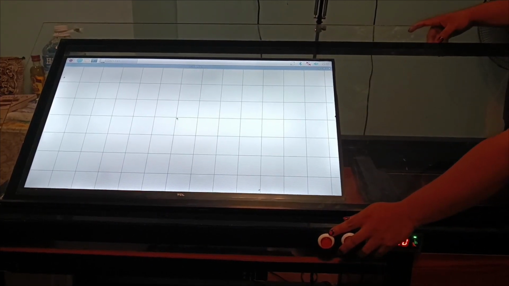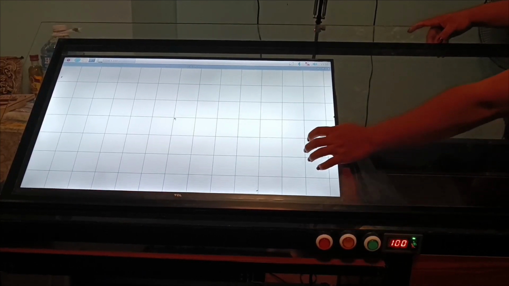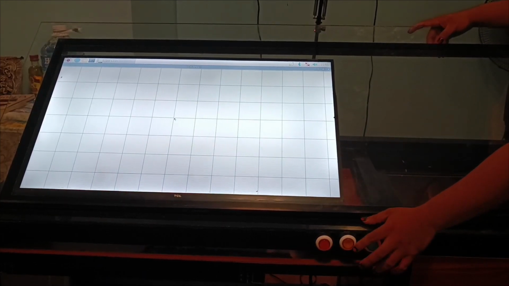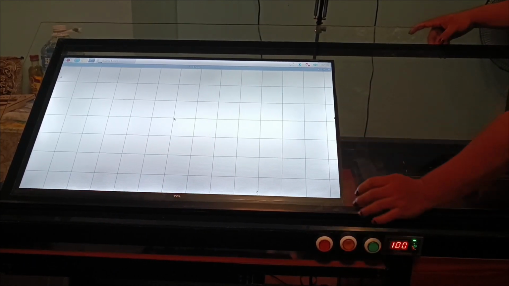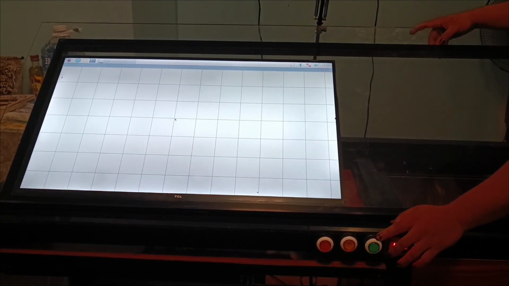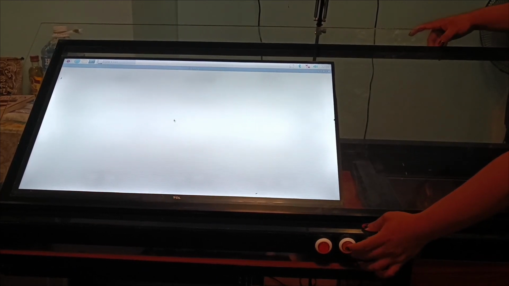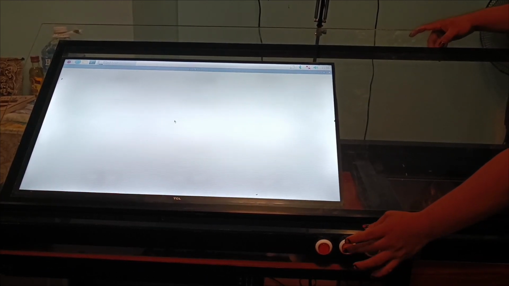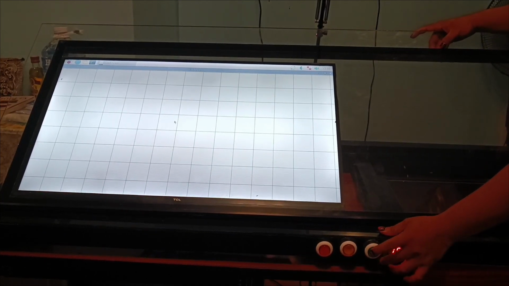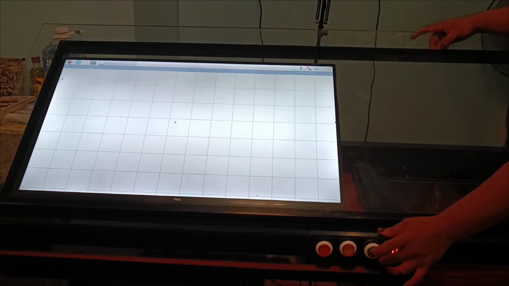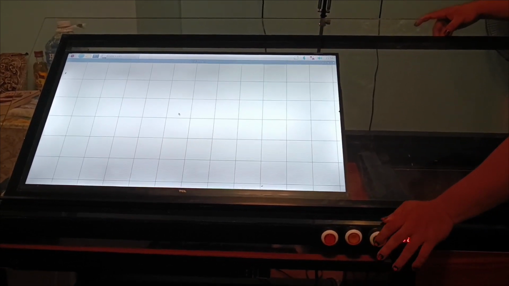For red button, this is the power on and power off of the projected grid lines. This button, the orange one, is to adjust the grid lines into smaller sizes, and for the green buttons, let's try. And for the green buttons, we have these buttons to make the grid lines in larger sizes.